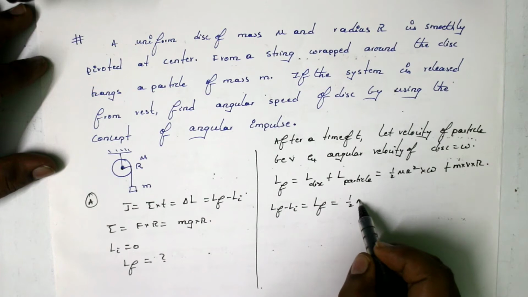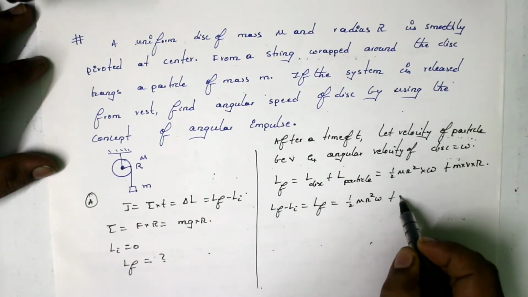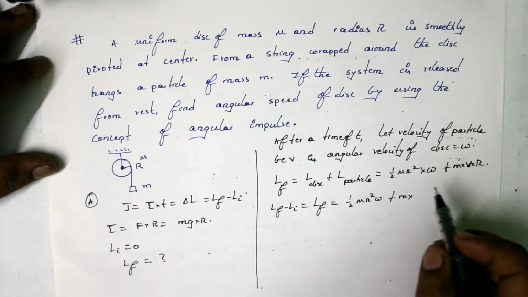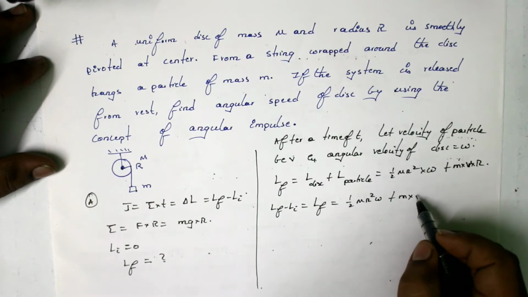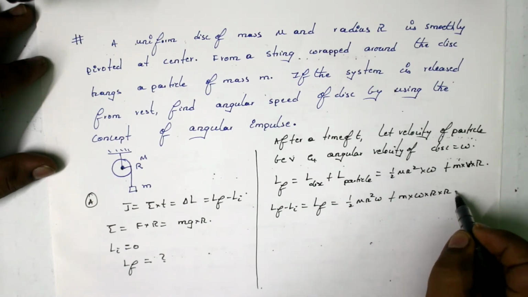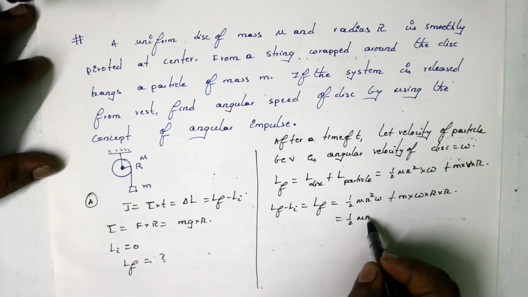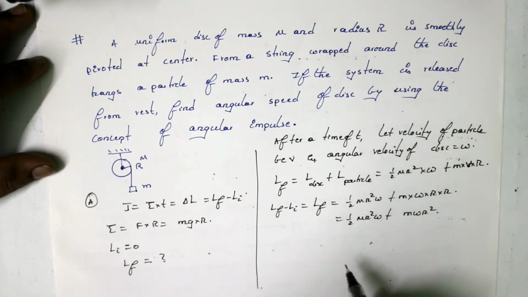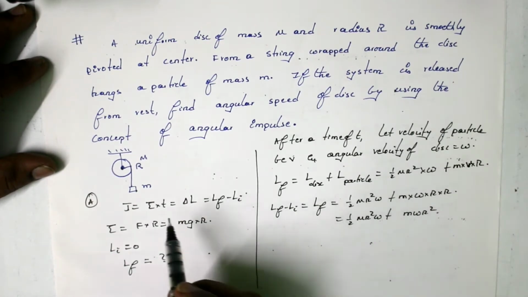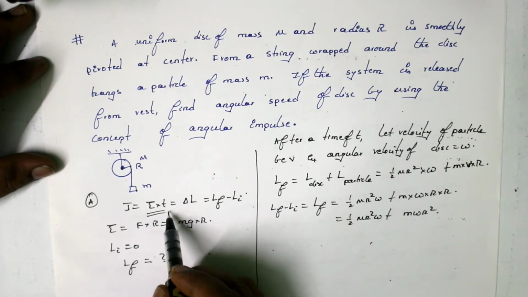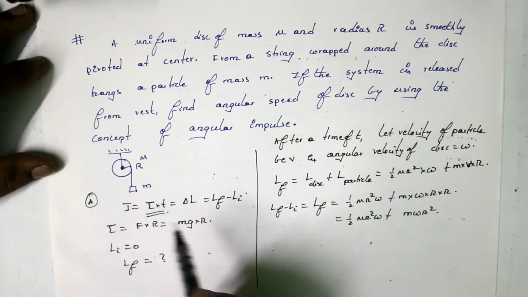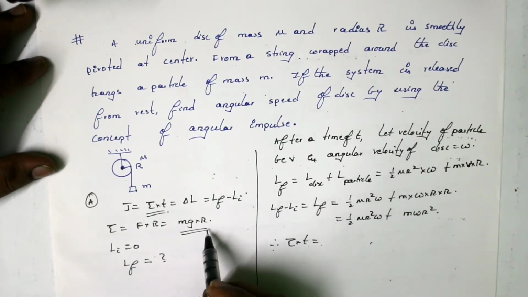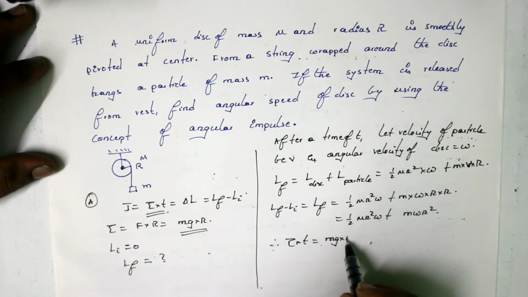So therefore I can write half m r square into omega plus m v, where v is a tangential velocity, and this tangential velocity can be written as omega into r. So omega into r into r, which is equals to half m r square into omega plus m omega into r square. So this change in angular momentum should be equal to the product of torque into time according to the concept of angular impulse. So torque into time, which we have already calculated, is equals to mg into r,